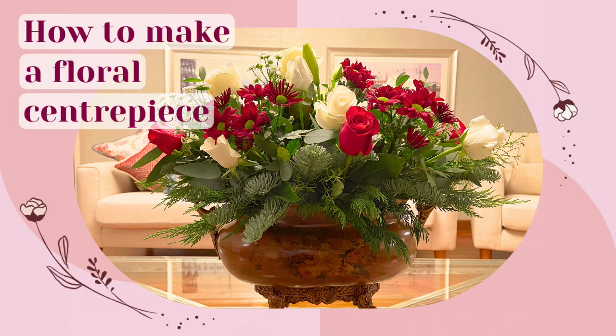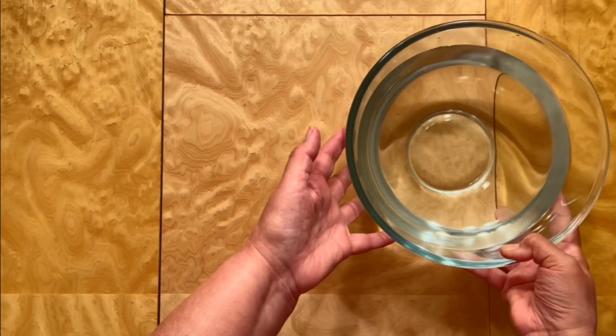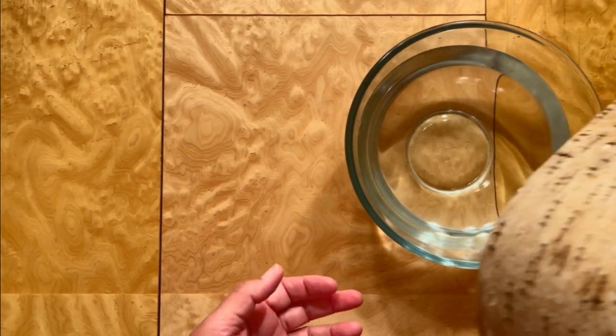Today we are making a floral table centerpiece. Let's begin by going over the items we will need. A bowl filled with water,